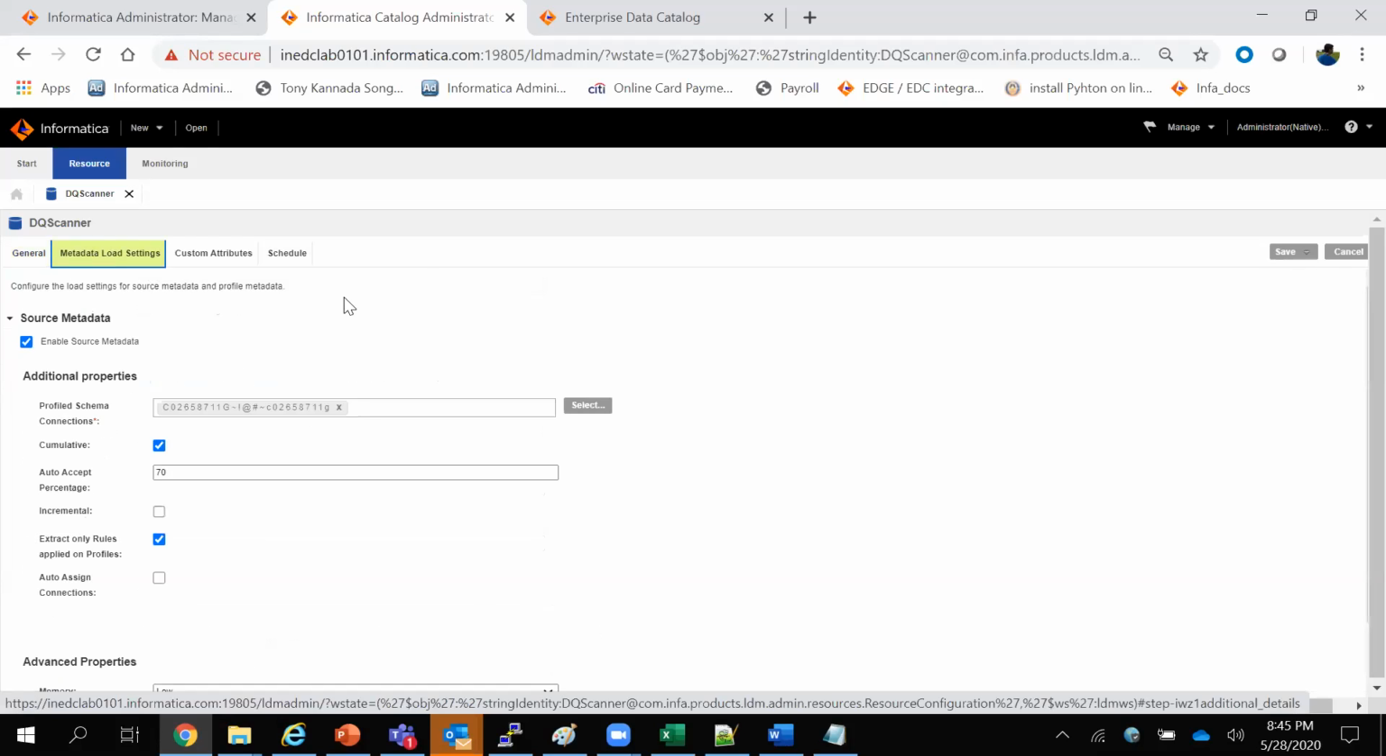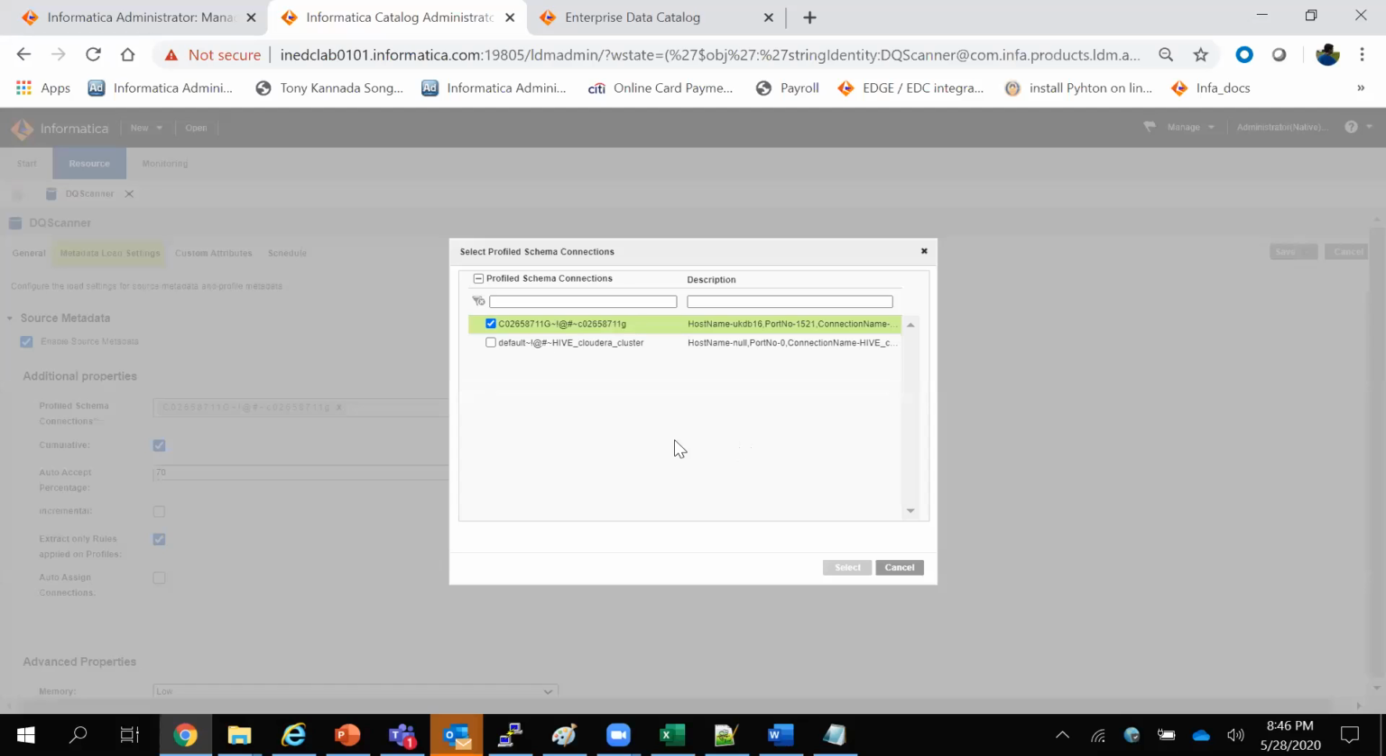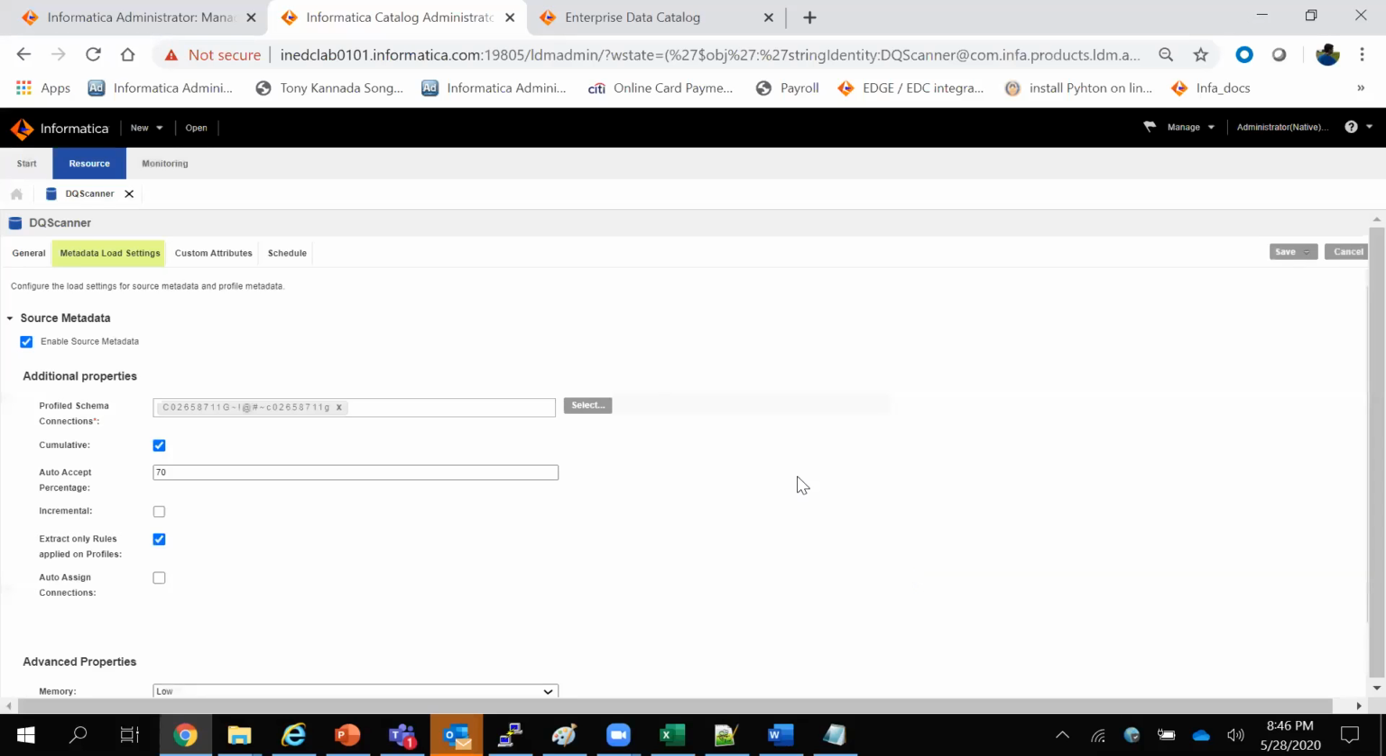Then the metadata load settings. One of the major things is the profile schema connections. When you select this, it displays all the schemas in the profile values where you have already done some sort of profiling in IDQ. As of now, I selected one schema, that is the Oracle schema. The other one, Hive, I have not selected, which is not required now. Then the cumulative option works like this: if you run, say, 3 columns today in IDQ and get profile results, and then run the profile for another 3 columns, say, a day after that,